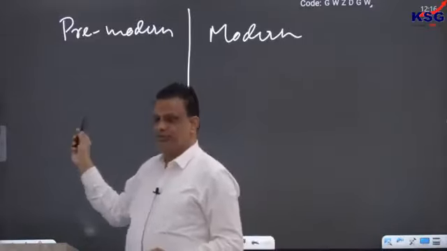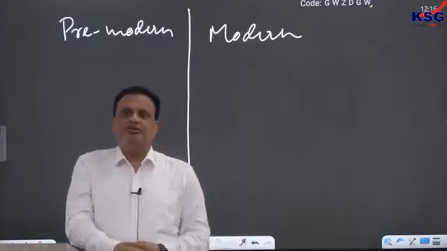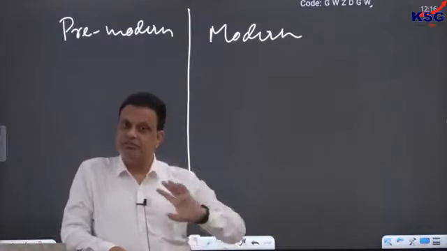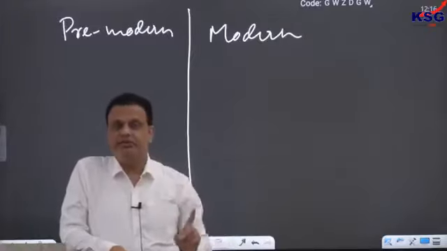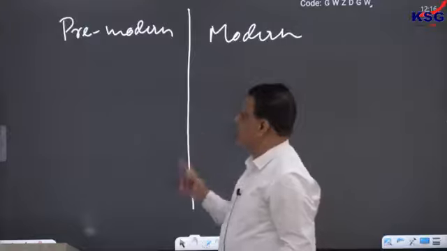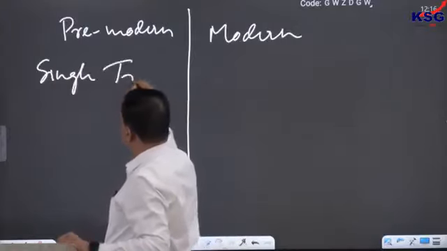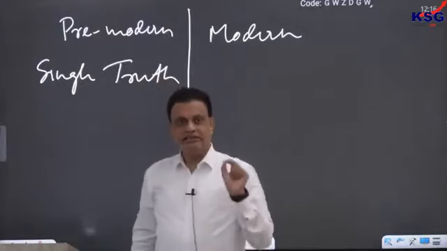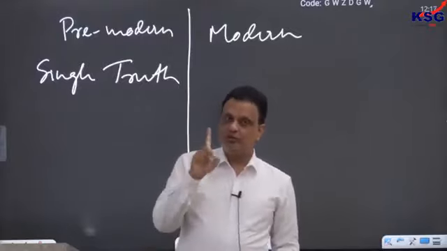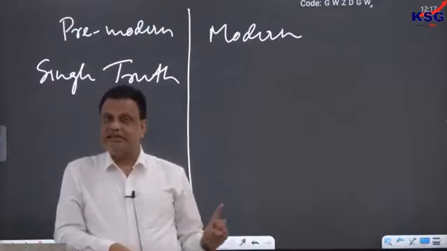If you look at pre-modern society, those societies are based on principles before liberty, without liberty. So in France, for example, it was called the ancien regime before the French Revolution. The French Revolution, we can say, dismantled that ancien regime, ancient society, pre-modern society. Now, pre-modern society believed in an idea which we often call the idea of a single truth. According to that idea, in pre-modernity, the truth is only one. There is only one truth. And anybody who does not agree with that truth is necessarily wrong.